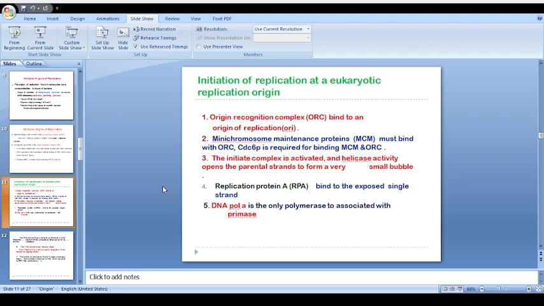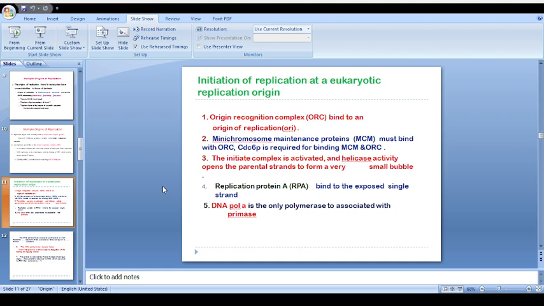Here is the stepwise mechanism of how the recognition of the origin, that is the ORI site, takes place, and what are all the proteins that are associated. We will see that one by one. The origin recognition complex binds to the origin of replication, and the mini chromosome maintenance protein, that is MCM,